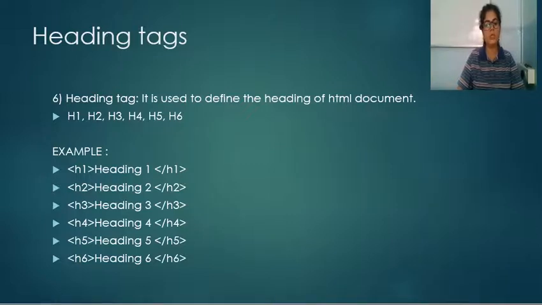There are total 6 heading tags available in HTML, and what you have to do is you can simply use any of the heading tag by just writing their name. For example, if you want to use H1 heading, you can simply use H1. This is a syntax to use H1 tag, then whatever you want to write, here you have to write the text, then H1 close. If you want to use H2, then you have to write H2 tag. H2 means you are using heading 2 tag, then you have to write the text whatever you want to display as a heading, and then heading tag close.